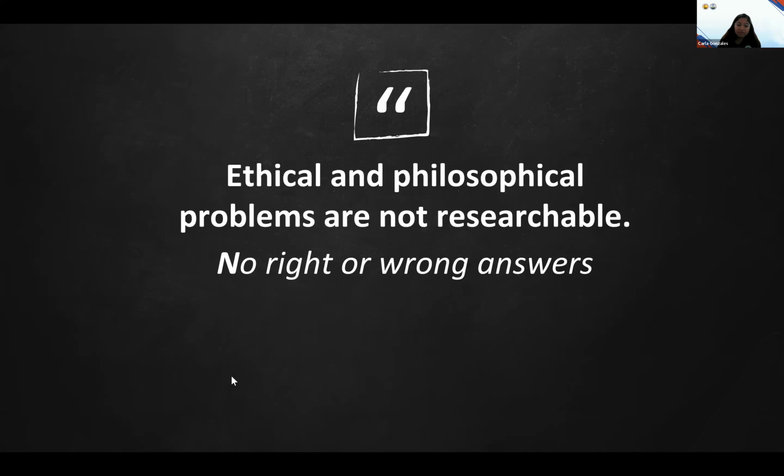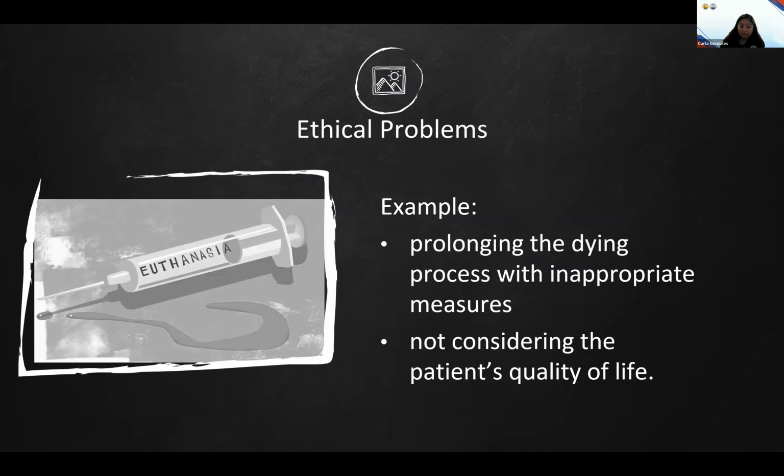For example, the meaning or purpose of something like compassion, the true role of compassion in nursing. This would explore different beliefs. It could be based on different values, different cultures, which do not lead to testable hypotheses or measurable data. So instead of solving a problem, it could even create conflicts, based on the participants' or even the researchers' own values. Another one would be ethical problems.